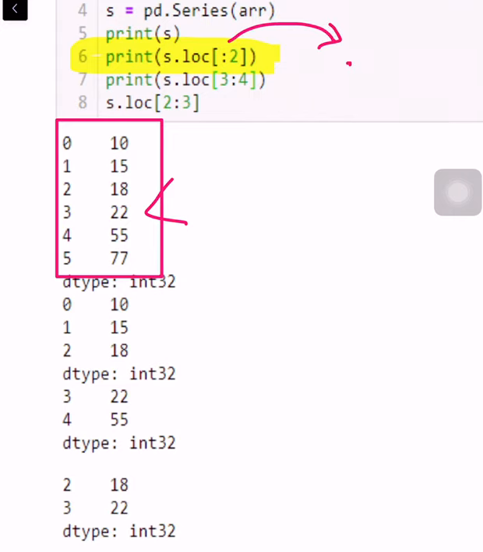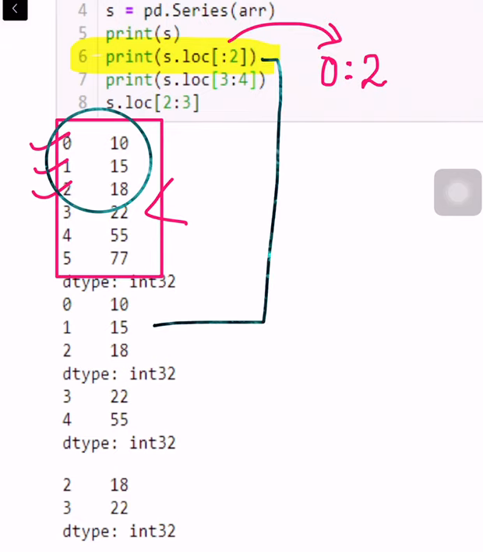Nothing is written in front of the colon, which means it will start from 0 and it will go up to 2. So the positions 0, 1 and 2 will be selected, and in the output we will get this part. So the output of line number 6 will be 10, 15 and 18.